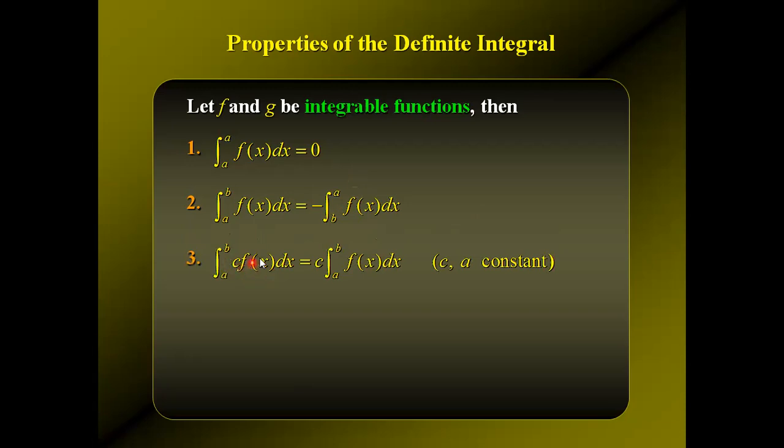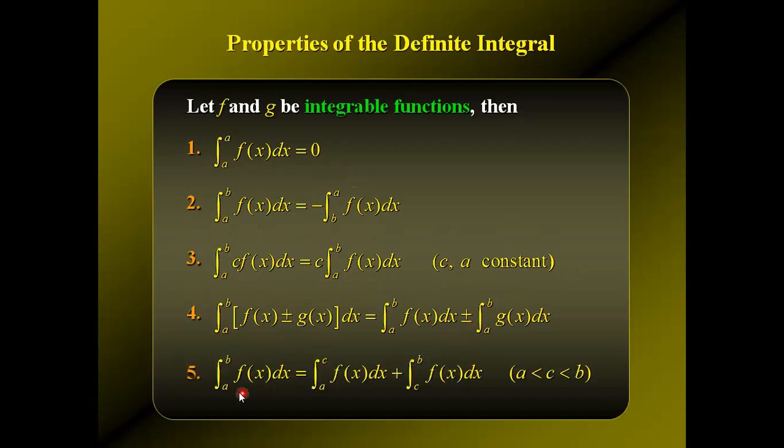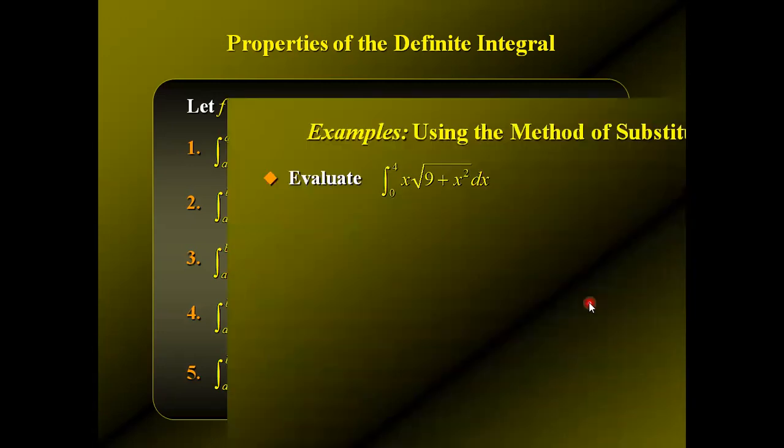And if any constant is multiplied with the function, then this can be written like this. And this is the sum rule for definite integrals. The integral of the sum of two functions can be written as the sum of their individual definite integrals. These are the properties of definite integrals. Suppose the integral from a to b of f of x dx can be written like this if we divide the interval a b into sub-intervals: a to c of f of x dx and c to b of f of x dx, if c lies between a and b.